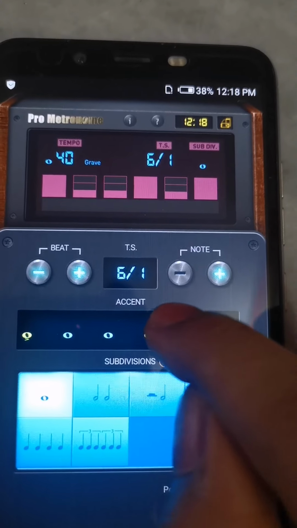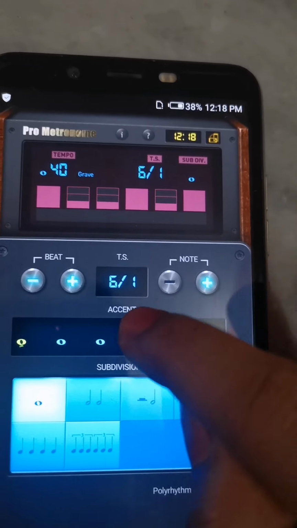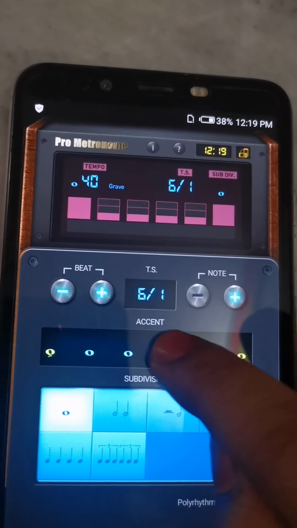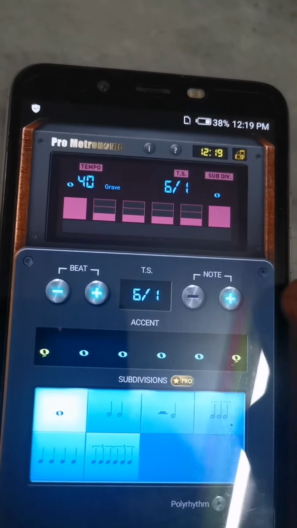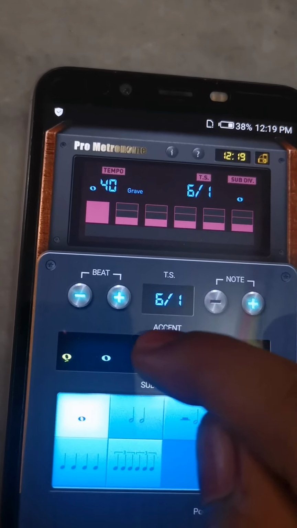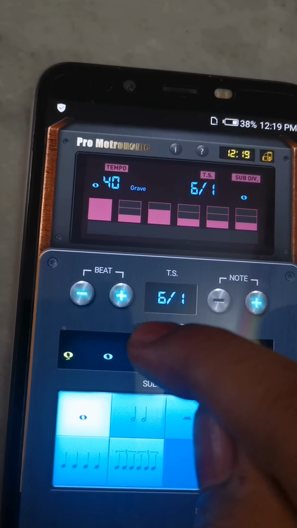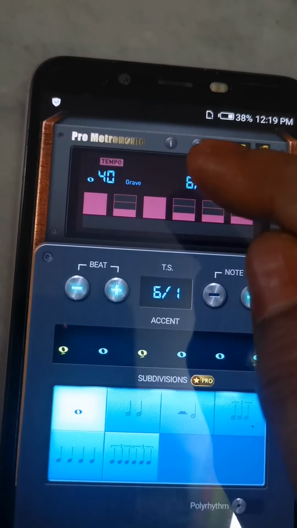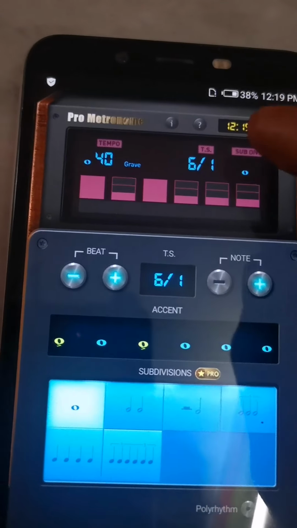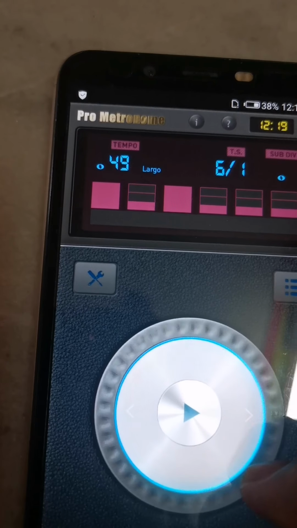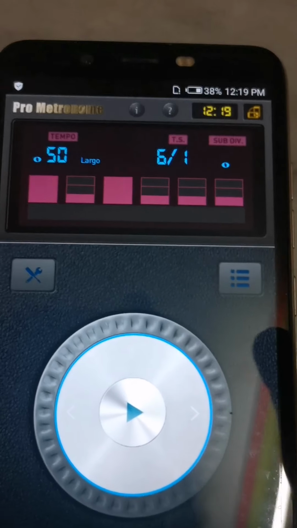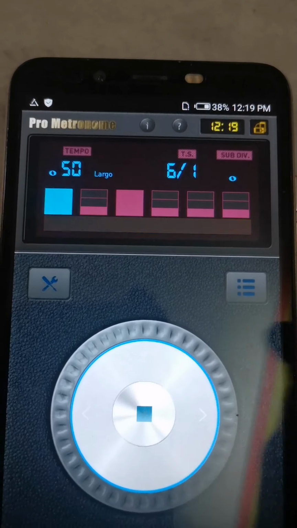So when you tap on this, can you see the changes happening? So this should be in 1 only, and this also should be in 1 only, and now we have to shade it for 3. So when you click on this 3, you can see the bar getting full. Okay, so now the 6 bar we have done. Now whatever tempo we want we can adjust it. I'm setting it to 50 and play.